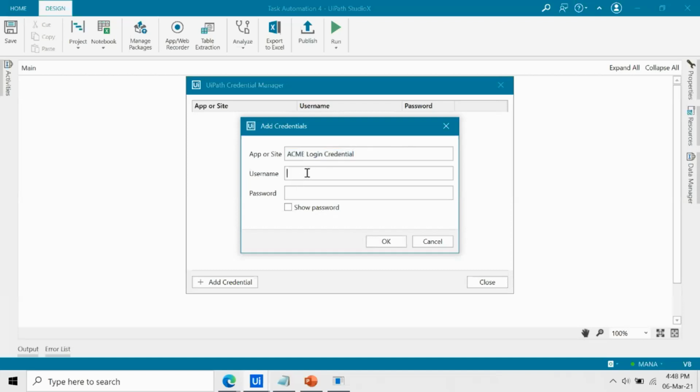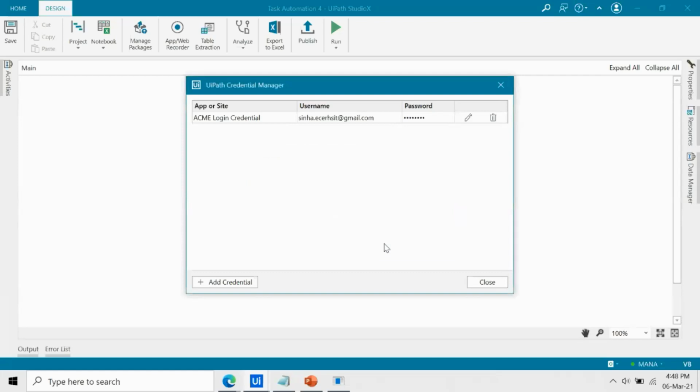Okay, I just provide my username and my password, and then click on OK. This password is in an encrypted form and you will not be able to decrypt it.